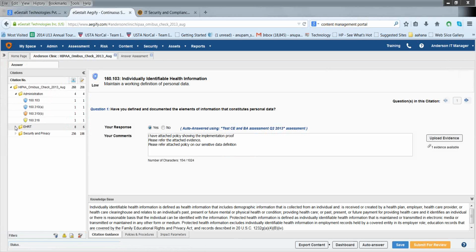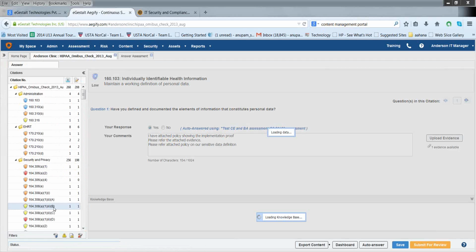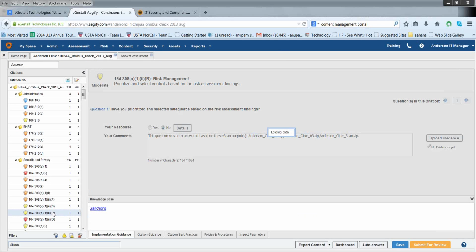It's a small business. For larger enterprises, that number goes up to 360 plus. And there are different categories of requirements: admin, EHRT, security, privacy, and I can click on one particular location, one particular citation to give you an example. So here,